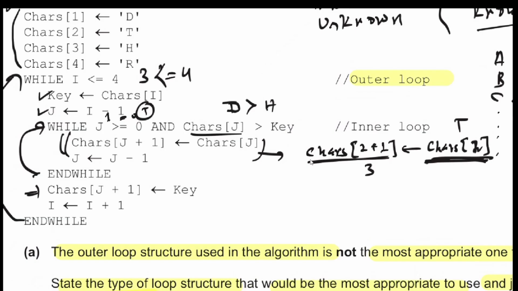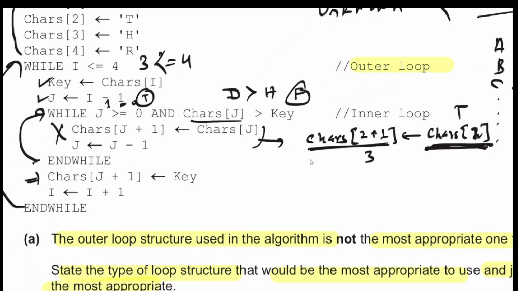All right, so there is no further iteration of the while loop. D is A, B, C, D, E, F, G, H. So D is small. So this condition is false. So false means this will not be executed, and it will come to this line. Now char J plus 1 will have key,